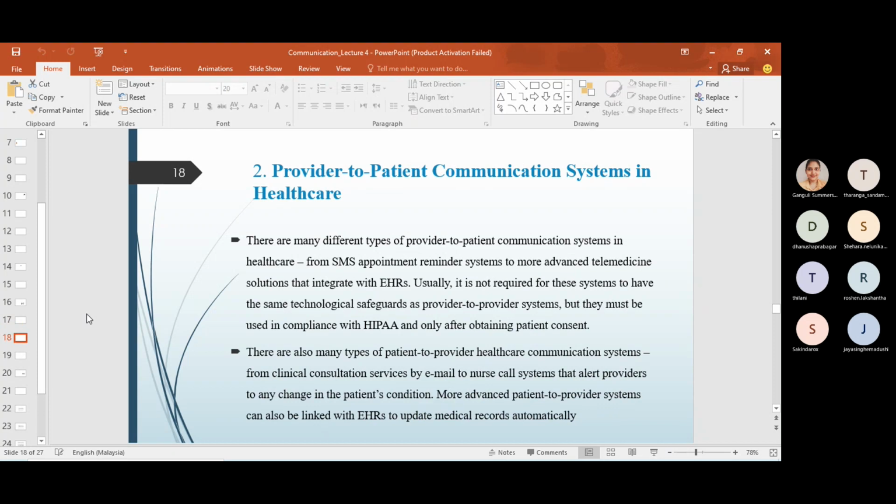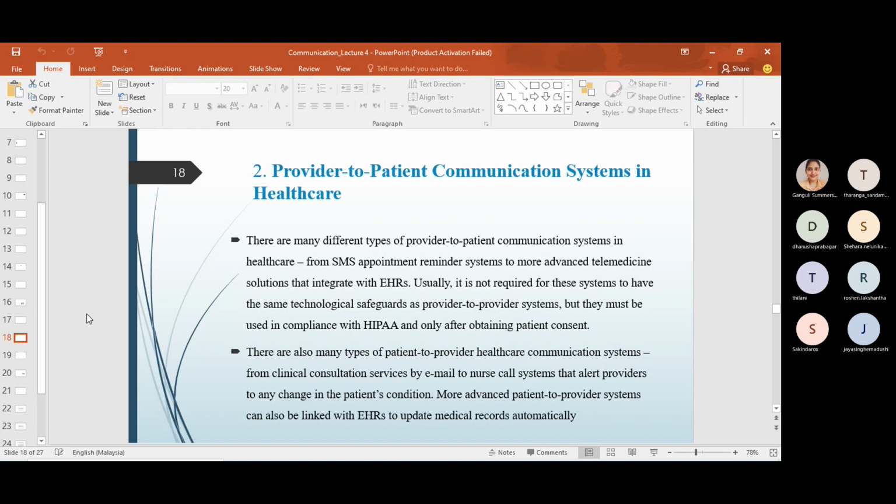Okay, and then we can talk about the next type of communication system, the provider to patient communication system. In this case, the healthcare provider is communicating with the patient. Earlier the provider communicated with another provider. In this communication system, the healthcare provider communicates with the patient, not with the provider. So for example, as I told you earlier, when we channel a doctor,